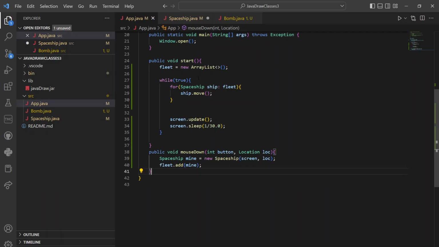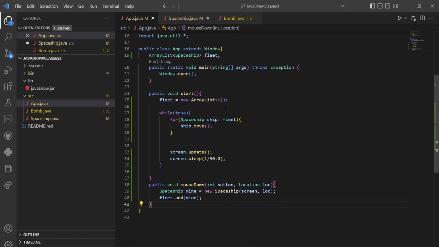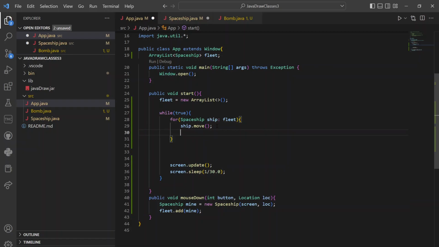And now what do I need to do is, let's see, so I'm having the spaceship move. I'm going to have the spaceships randomly create, oh yeah, here's what I'm going to do. I want, like, half the time when we call this loop, a bomb to be created, and I want it to start to drop. So what I need to do here is, about half the time, so I'm going to say, if